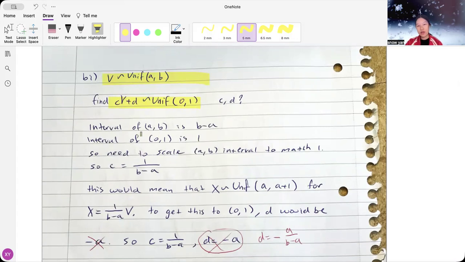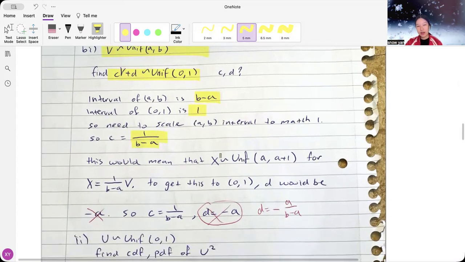So I know the length of the interval A to B is B minus A, because let's just say that B was the bigger number. And I know that the length of the interval from 0 to 1 is 1. So I need to scale the A to B interval to 1. That means that my C has to be 1 divided by B minus A. And then this would mean that now I scaled it to